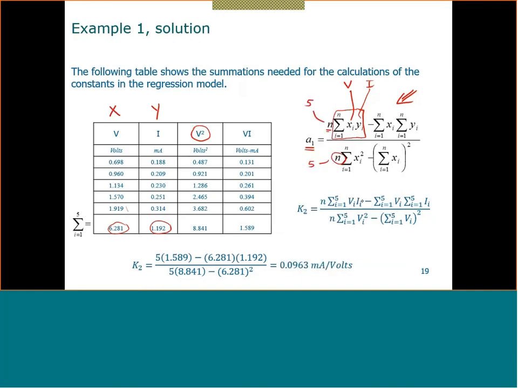Choose the pen back. Okay, so now I need to substitute. As I said, n, this will be 5. Summation of v times I, so this will be the summation. This will be 1.589 minus. Then this will be the summation of v, which is 6.281 times summation of I, which is